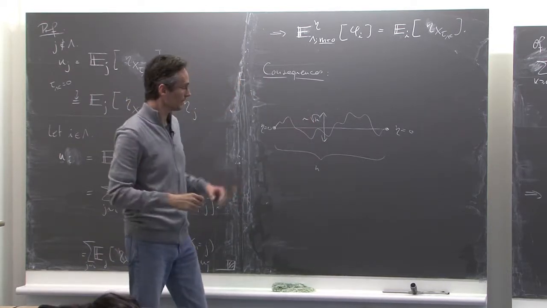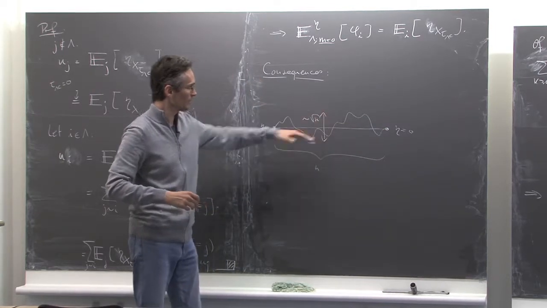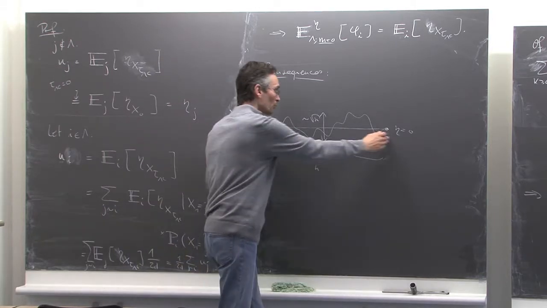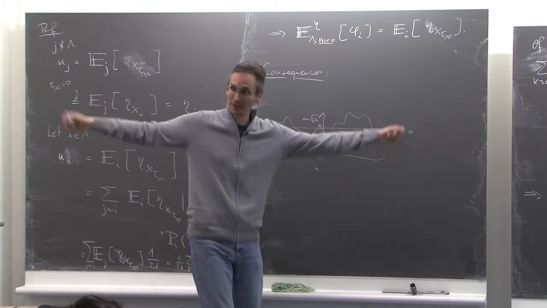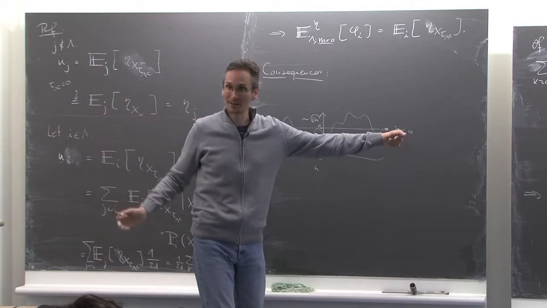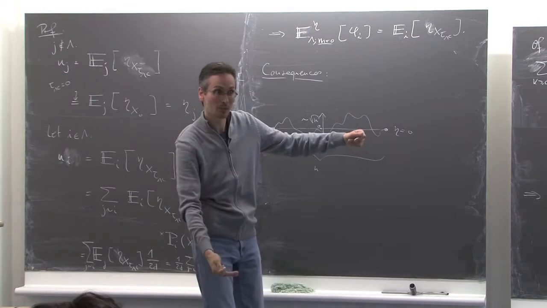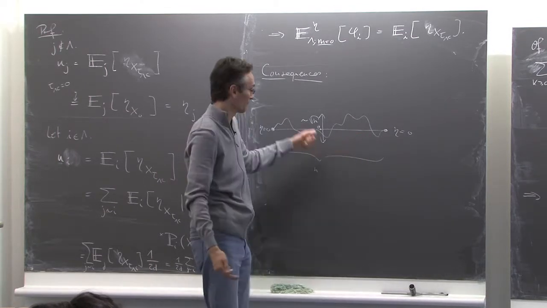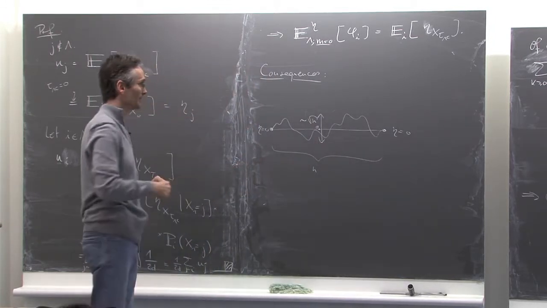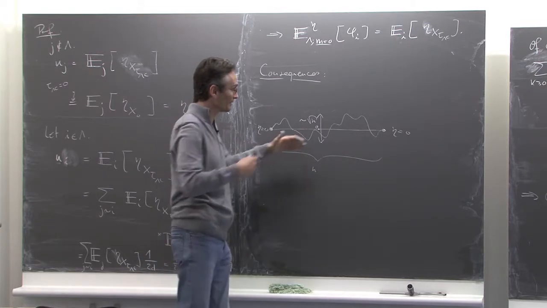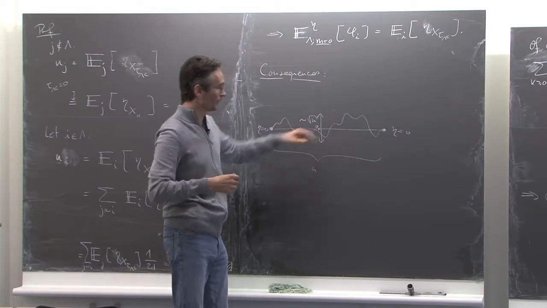Like for a usual random walk which is not pinned at the end, the fluctuation is still root n. So in particular, when n goes to infinity, if you are sitting at the origin and looking at your interface, when the box becomes very large, with probability 1, the interface is either infinitely far above you, or infinitely far below you. You will never see it in the limit n goes to infinity, because the probability that it ends up in a finite interval goes to 0 when n goes to infinity. So the field will not exist in the limit just because the interface will delocalize to plus or minus infinity.